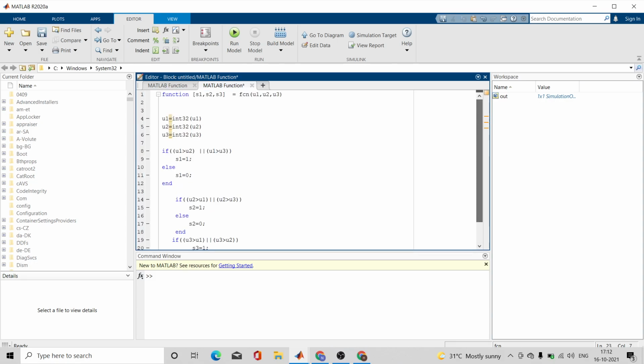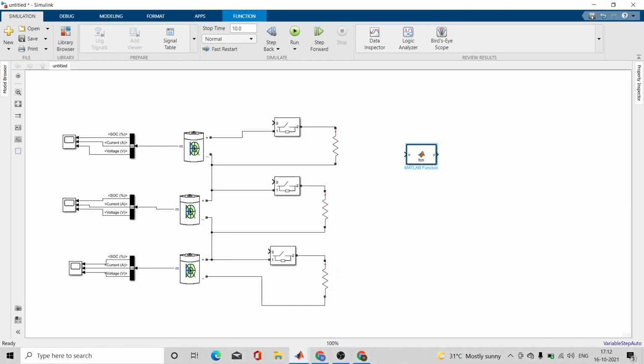And what is this MATLAB function? Your MATLAB function is nothing but, let me configure it first. Let me create go to and from blocks first, then you will understand.